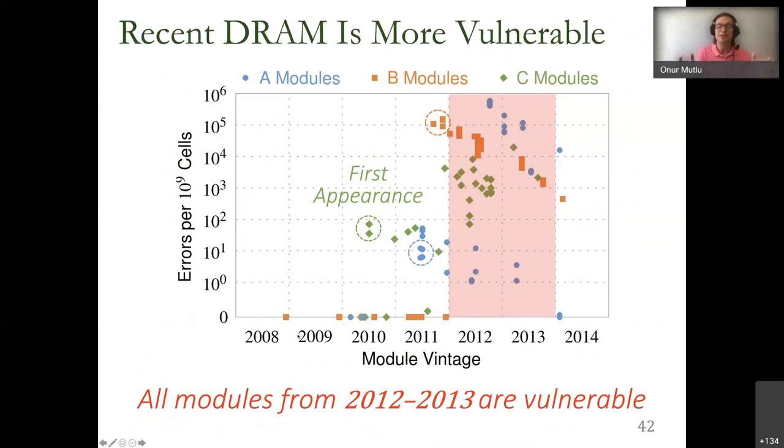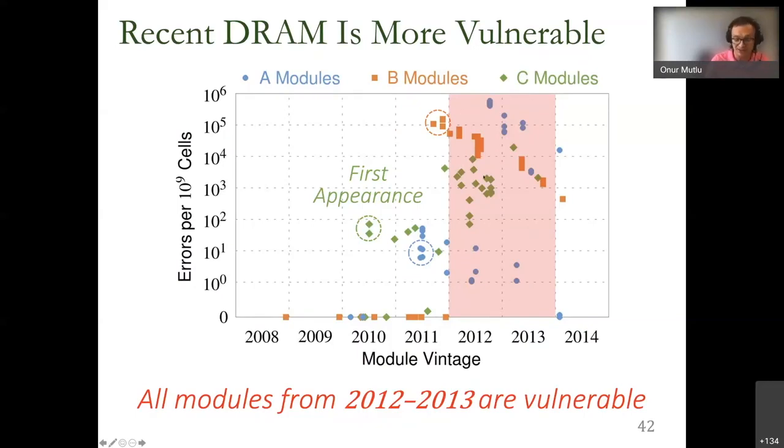This happens because cells are too close to each other, and the activation that you do on one cell is affecting the data that's stored in other cells because of multiple reasons. Certainly electromagnetic coupling is one reason. And cells became too close to each other in recent technologies. As a result, all chips that we tested that were manufactured between 2012 and 2013 are vulnerable to these errors,